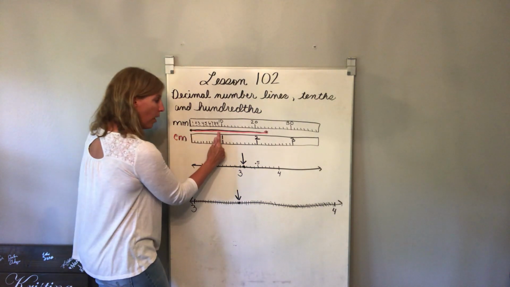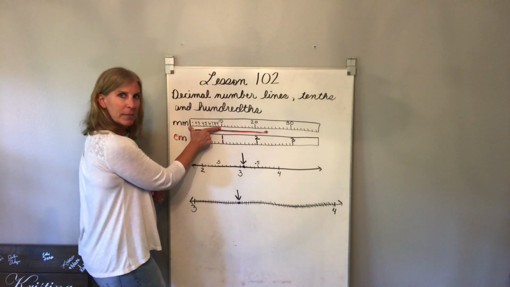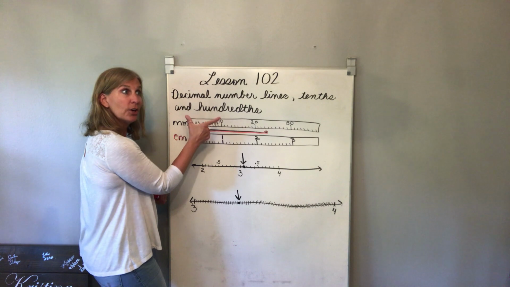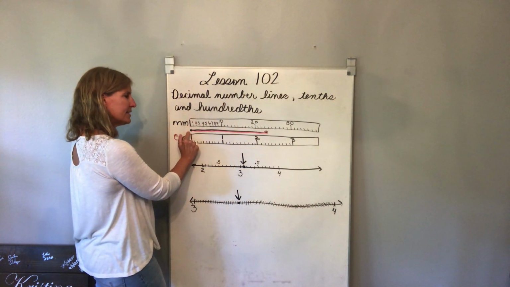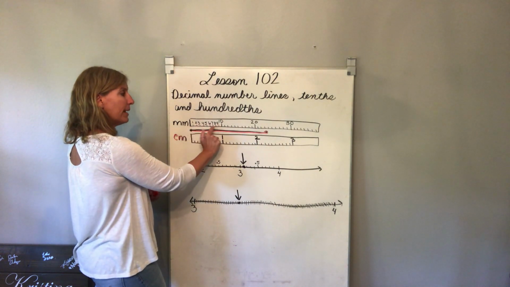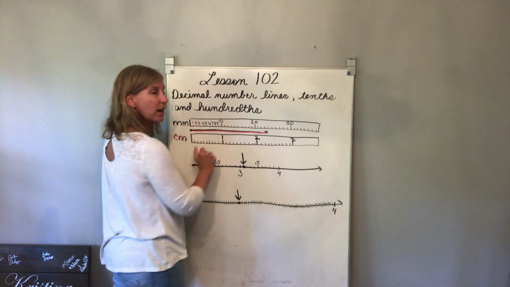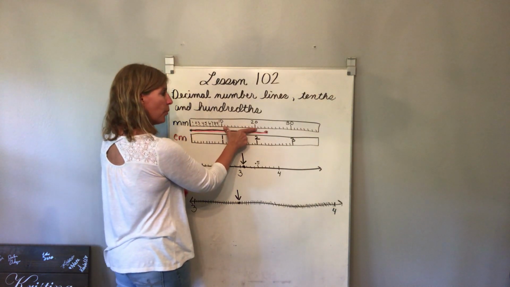This is 1 centimeter. For every 1 centimeter, how many millimeters do we have? Correct, there are 10. Let's look at the millimeter ruler and see if we can find a name for this length. Let's count by 10s, then we'll add on by 1s. 10, 20,